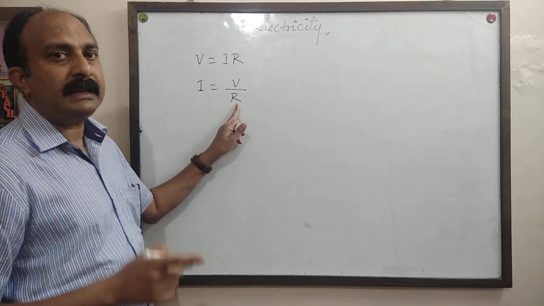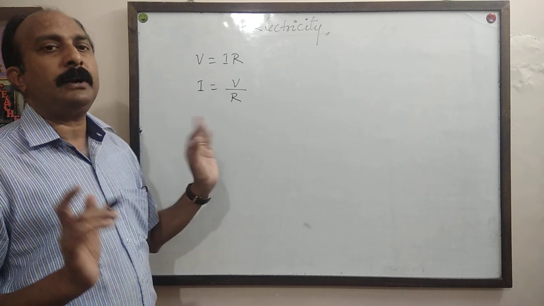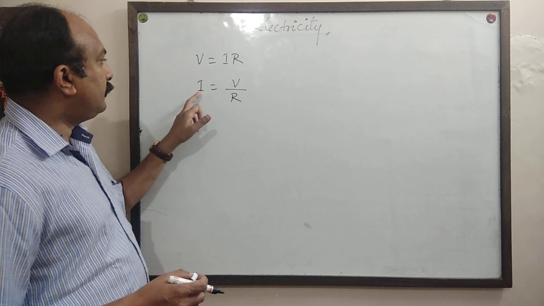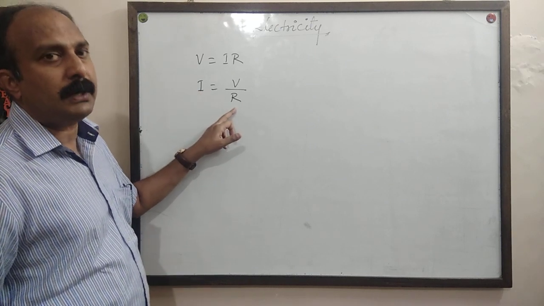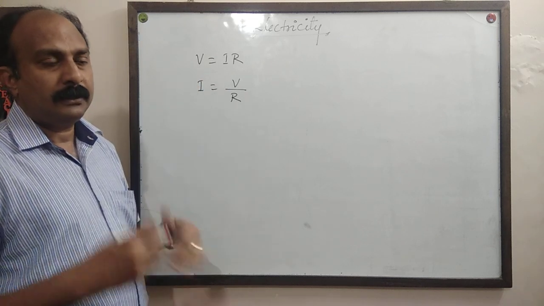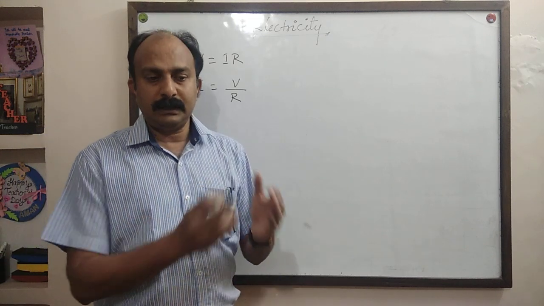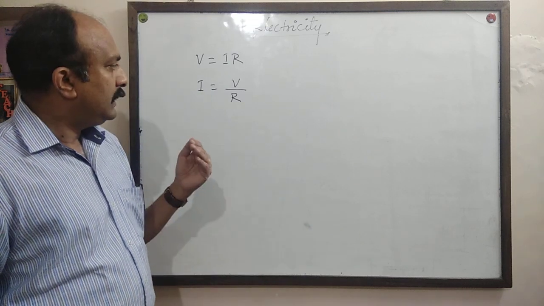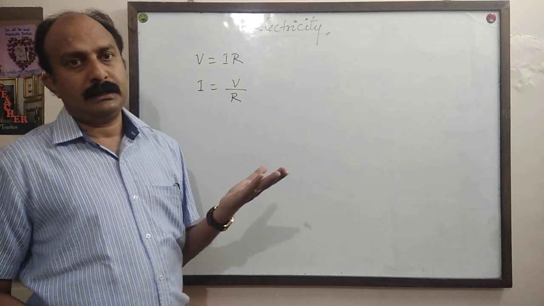Because of the higher resistance of the conductors, we are losing a major part of electricity during the transmission of electricity. So remember the point, I is always inversely proportional to R. When R increases, I decreases. So R decides how much electric current is flowing in that circuit. We know that different components use different electric current.